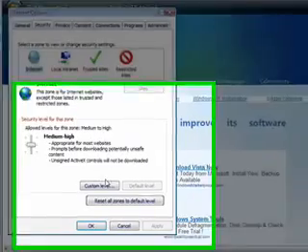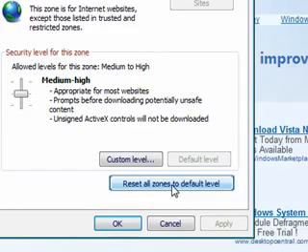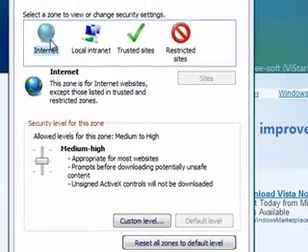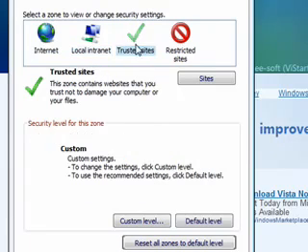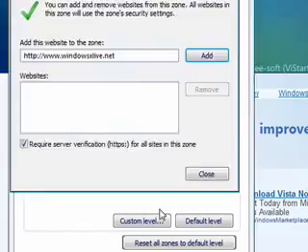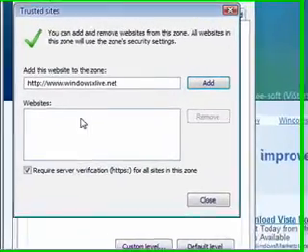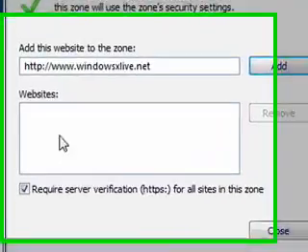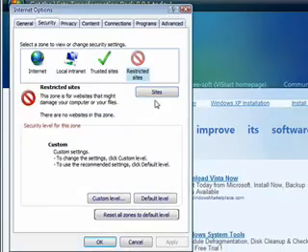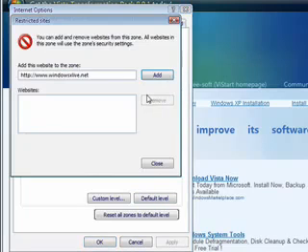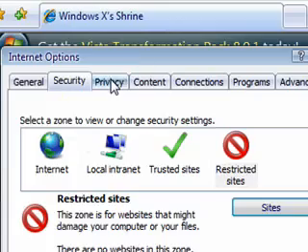Go to Security. Reset all zones to default level. If you have Internet Explorer 6, you won't have that option, but make sure Internet's highlighted and click on Default Level. Highlight Local Internet, click on Default Level. Trusted Sites, click on Default Level, and also you can click on the Sites button and it'll show you what sites are listed under the approved sites, which I usually leave mine empty. And click on Restricted Sites, hit Default Level, and you can see which sites are restricted, and you can also add those here. Click on the Privacy tab,